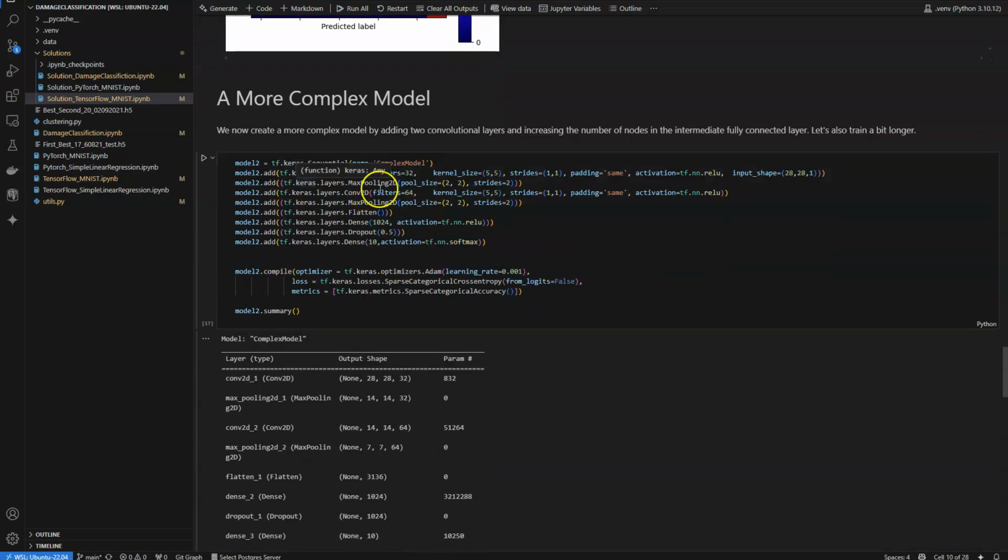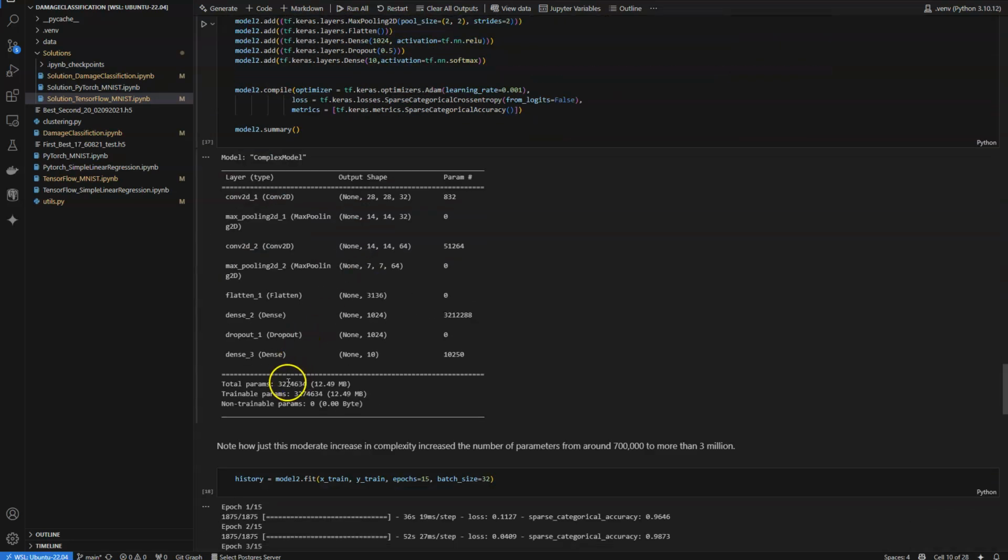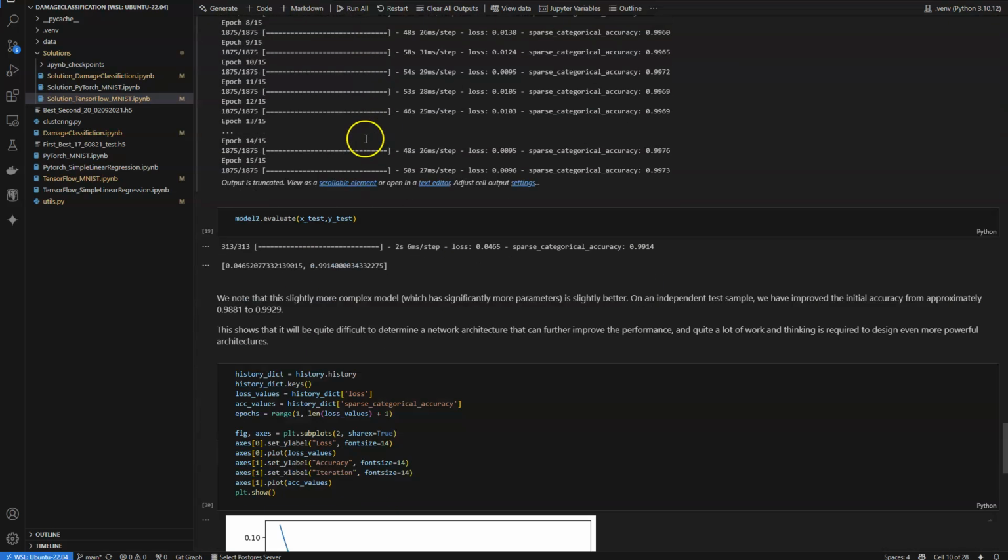So for example, we could now have 2 convolutional layers that keep the same, or increase the number of nodes in the intermediate dense layers and have larger kernels and so on. Maybe also play with the other parameters. The key part is that we stick to the input dimension 28 by 28 by 1, because this is how the images are defined. And we have 10 output nodes, 1 for each digit that we want to classify. And you can see that quite quickly the number of parameters goes up. We can train such a model